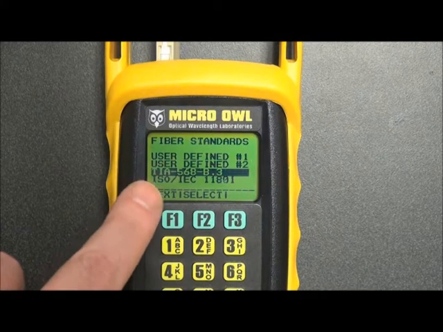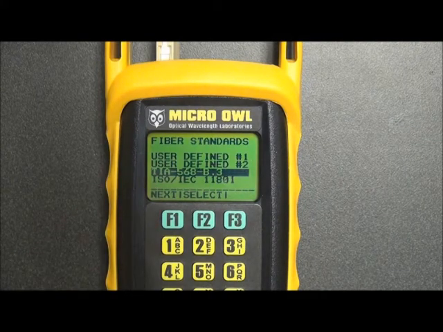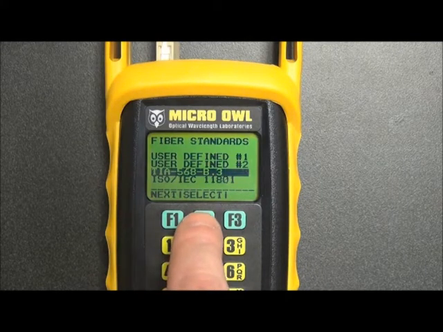As you can see here, there's an ISO standard, which is common in Europe. There are some Ethernet standards, and there are also some user-definable standards, as you can see up here, for advanced users who want to develop their own TIA-type link budget. But for our purpose today, we're just going to select the TIA-568B. So we're going to press F2 to select,